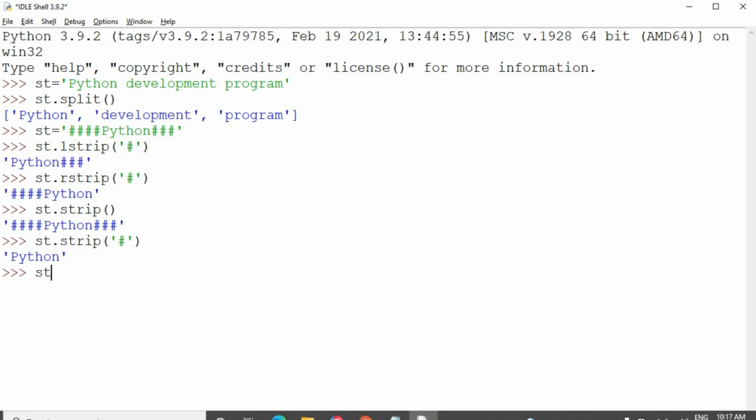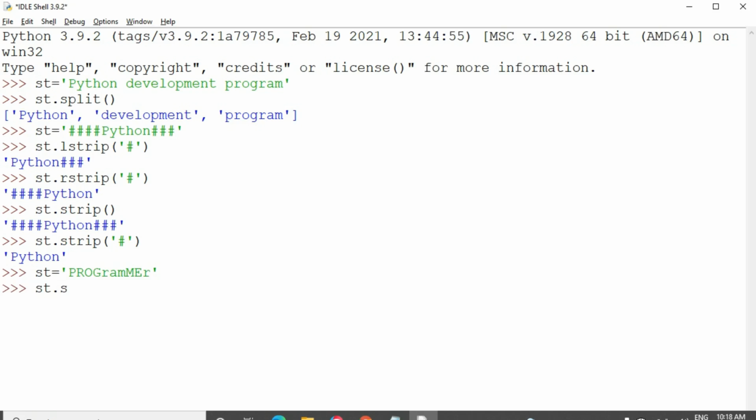Okay, I am taking the string as programmer, PROGRAMMER. I am taking the string as a combination of both lowercase and uppercase.